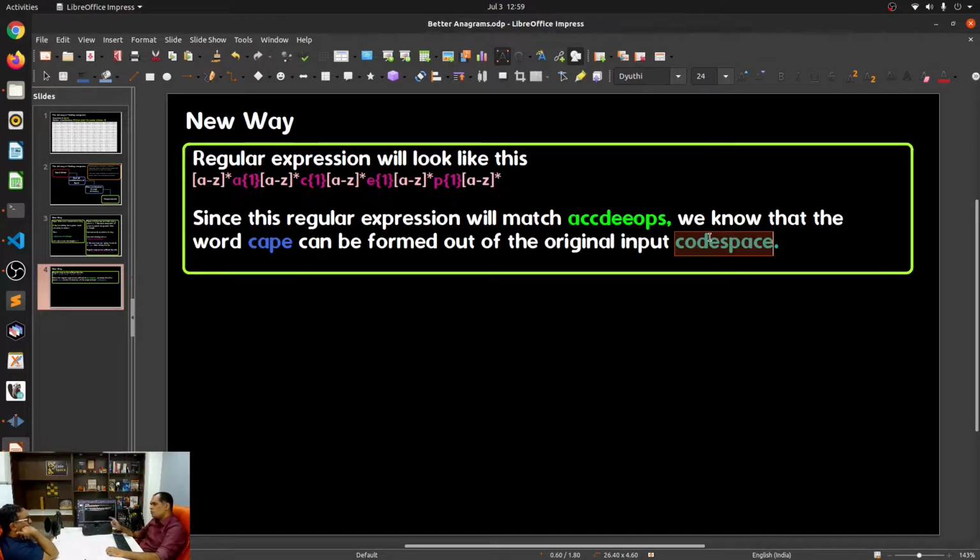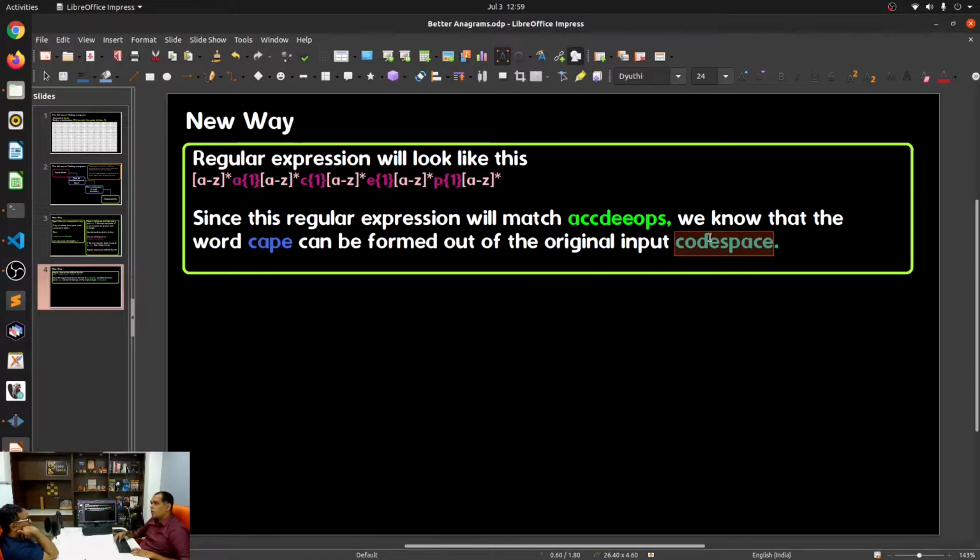And the reason why this works is because the complexity for this is just O(n). The only computation that is required over here is the regular expression match. Only the regular expressions take time. Otherwise, it's just fast. That's it.